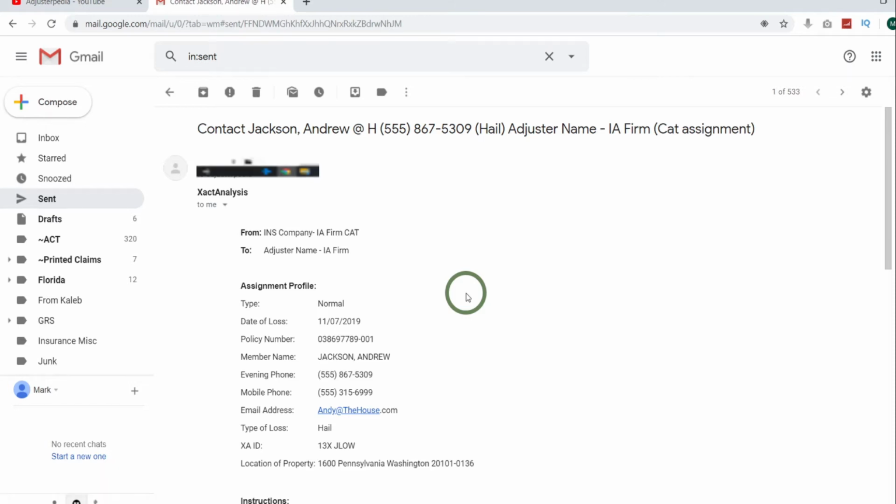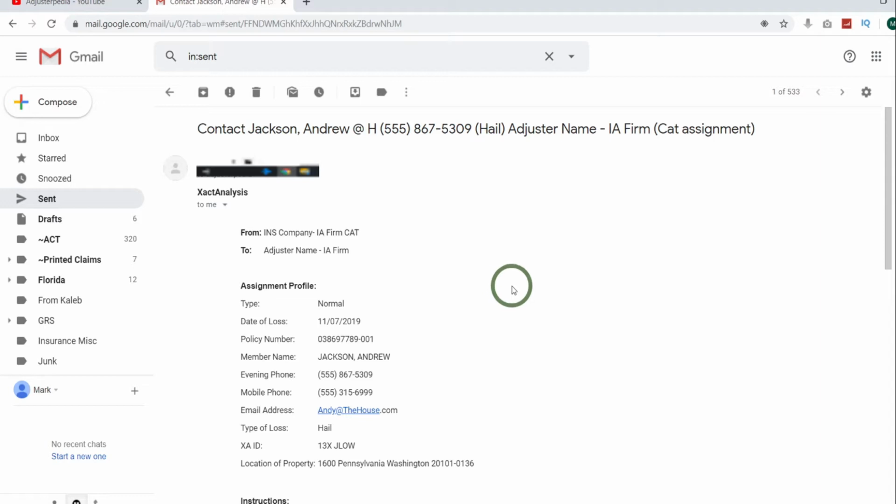Today what I'd like to do is take a look at an email that you would get from whatever firm you happen to be working for when you get a new claim in. This is going to be somewhat generic because almost every firm does things a little different, so I'm just kind of throwing some stuff together here. And this will hopefully at least give you a better idea how to look at these and what you're looking